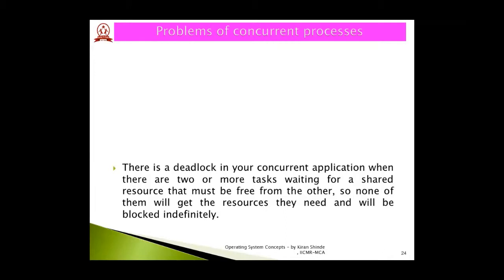In simple language, when there is more than one process trying to share a resource, and that resource is allocated to some other process, and that process is not in a position to release it, then the other process which is relying on that resource will also be in the waiting state. Likewise, if there are more processes waiting for each other to release the resource allocated by the earlier process, it will end up in a loop, or in a cycle. That kind of situation is called a deadlock. So in case of concurrent processes, this deadlock situation can arise.